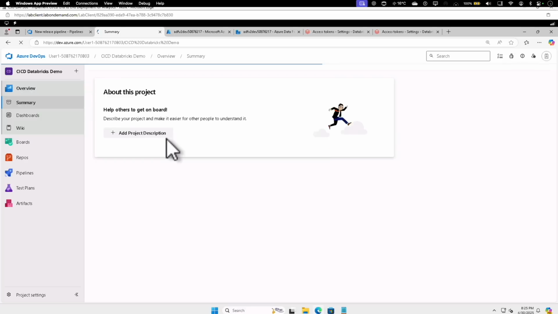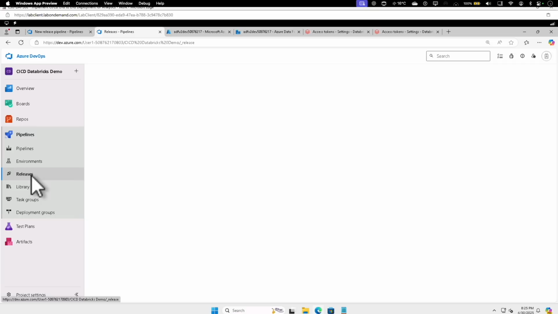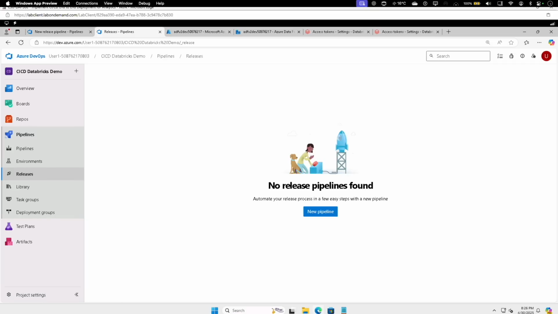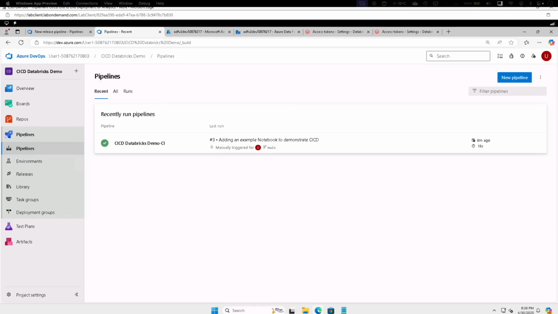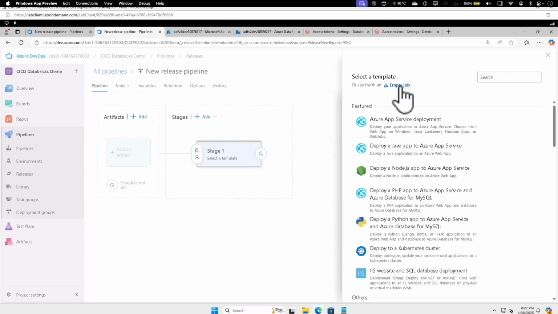Now if you go back to CI/CD Databricks, pipeline, releases, oh, looks like I have to do that all over again. We have already done that. So let's go and deploy and manage releases. I'm gonna go back to pipeline, releases, new pipeline, select an empty job